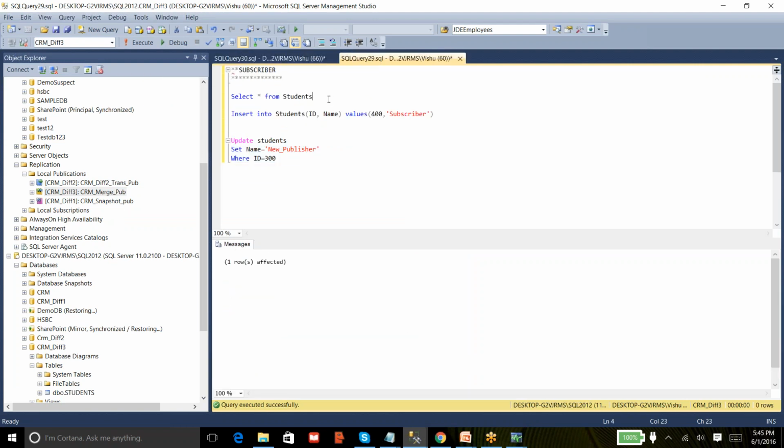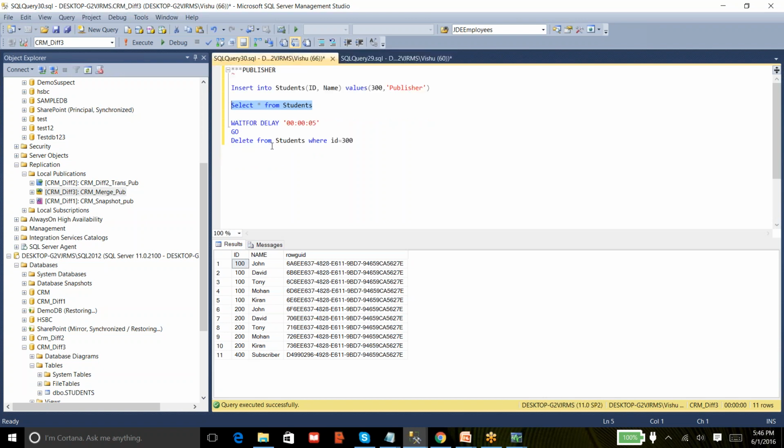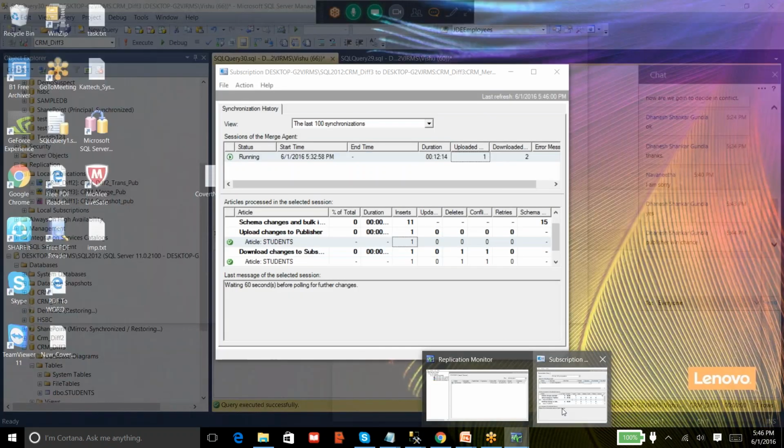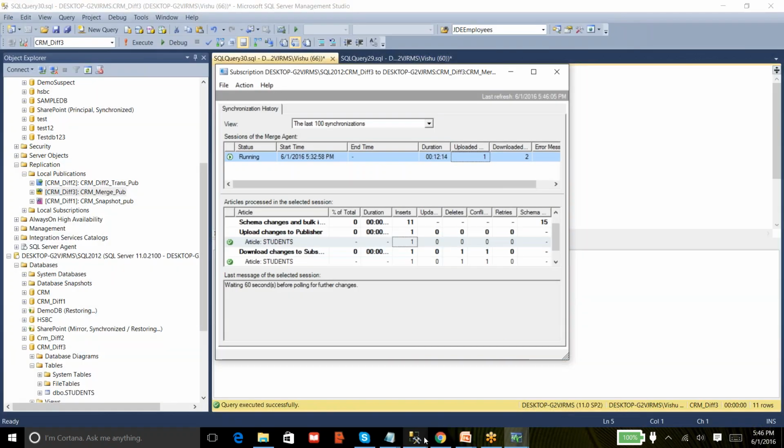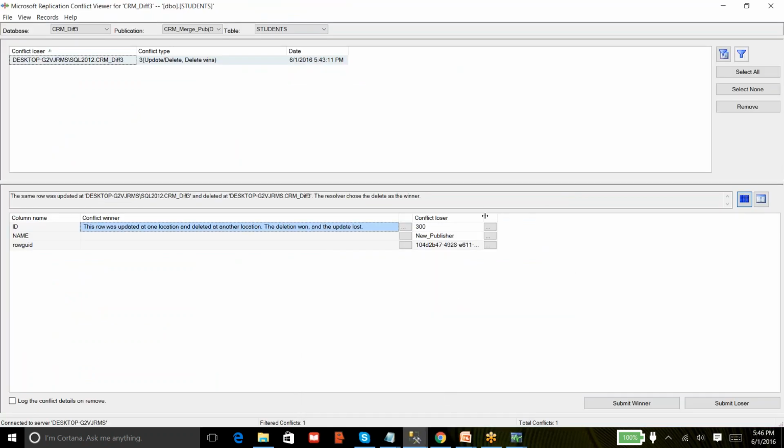The same thing you can check on your subscriber, and you can see the row 300 is missing. It's because even though the conflict happened, SQL Server made your publisher the winner. My publisher was trying to delete a record, so that's what happened. But where is the conflict window? Okay, especially if you think that you don't want to delete that record, you want to update that record, that means whatever the user executed on the subscriber side is right. In that case you can just click on Submit Loser,